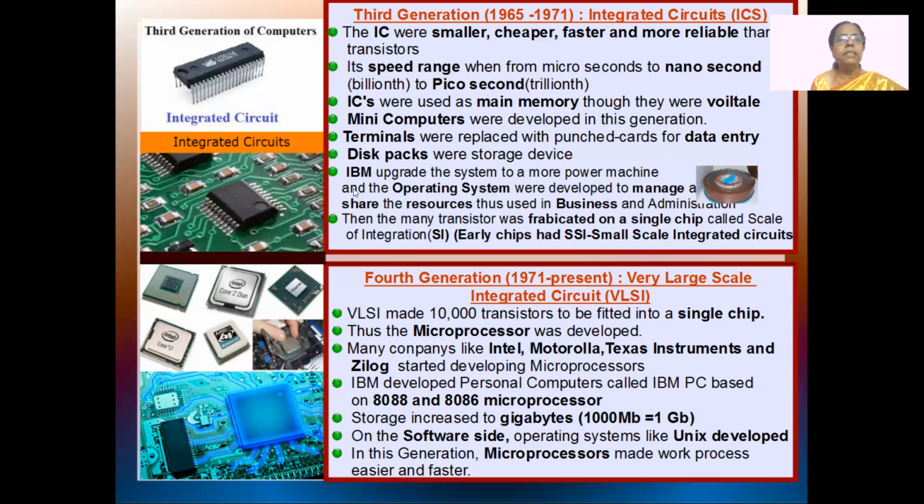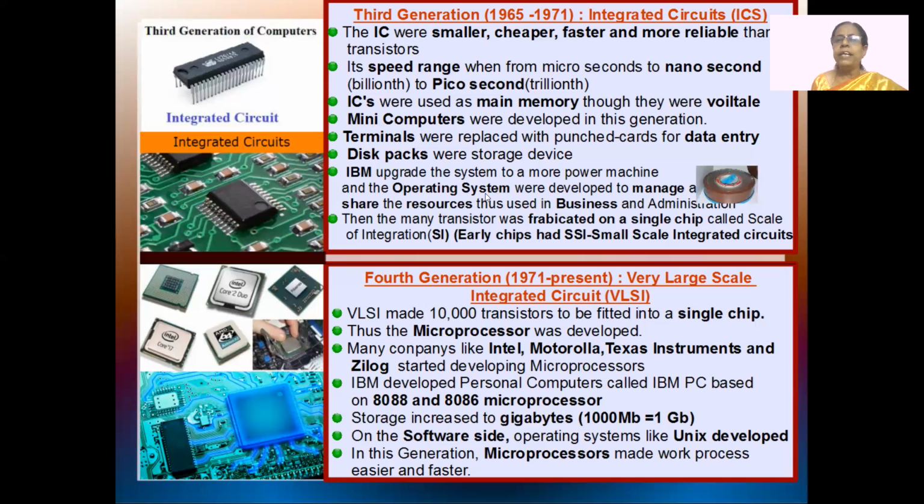And who developed these integrated circuits? It was IBM that upgraded these computer people to develop more upgraded things. So now IBM took up all these developments for making the computer much easier, faster, cheaper, and much more reliable. So IBM started upgrading the system to a more powerful machine, and then they started the development